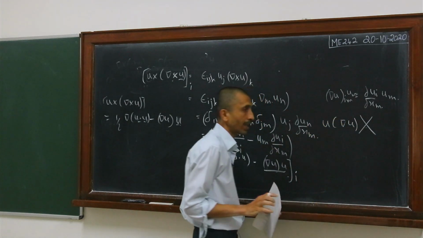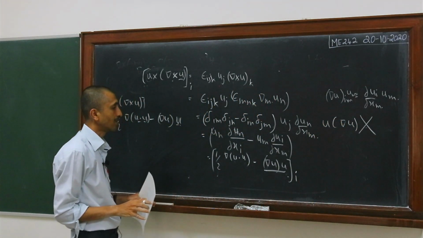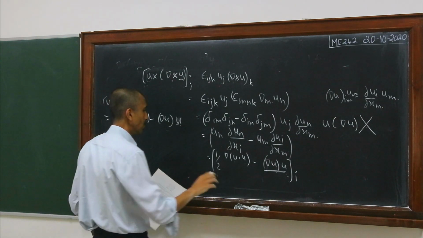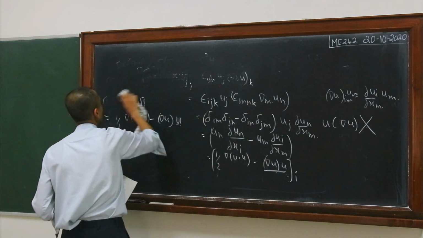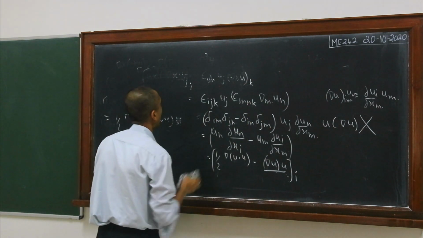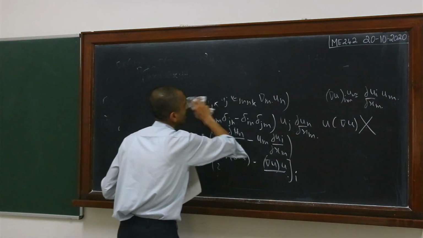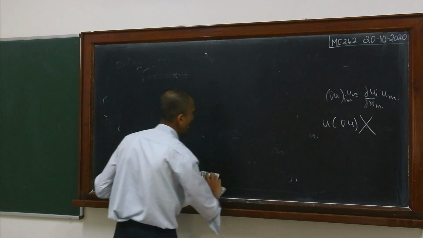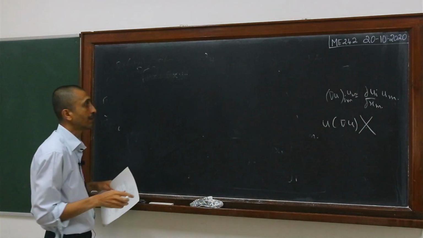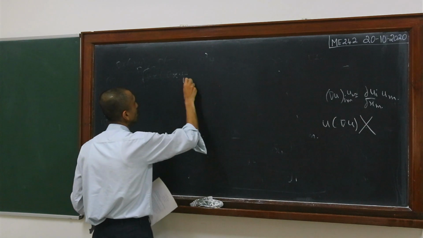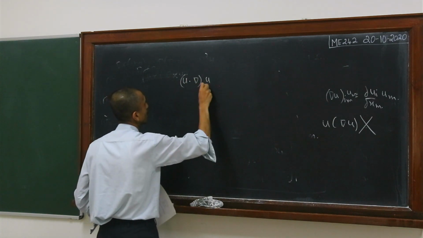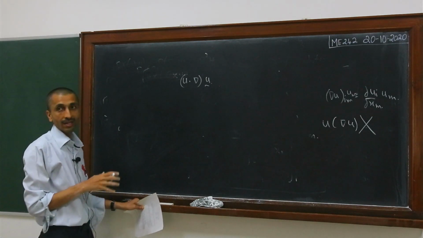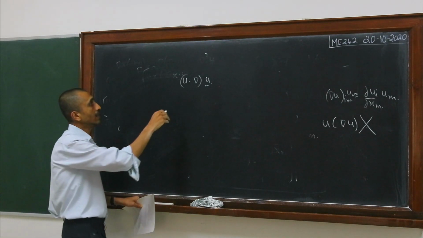So let me give one example, which is a very famous example actually, of the way you can write things in a very improper way. So actually in your fluid mechanics, you will see that a lot of times they will write it as, let me just write it there. You may not have come to that part yet, but at some stage you will. So they will write it like this. Okay. So this is the convective part of the acceleration. So they will write it in this particular way.